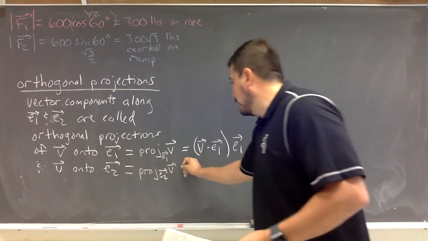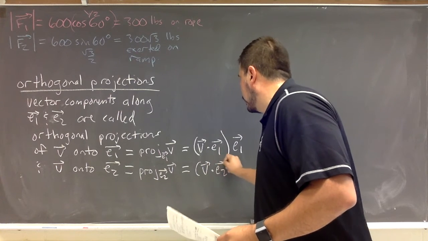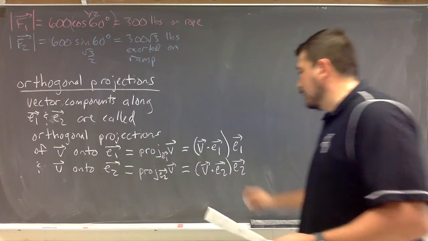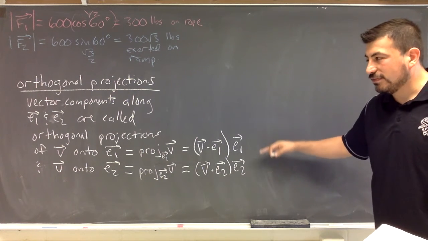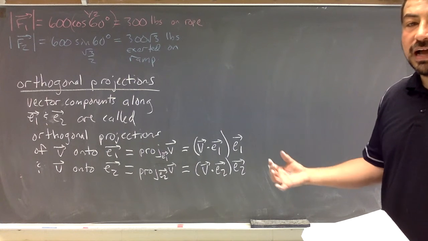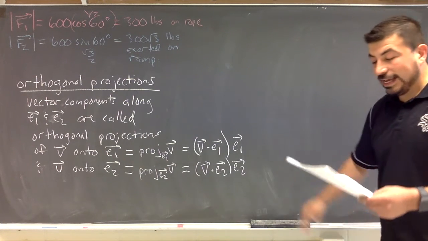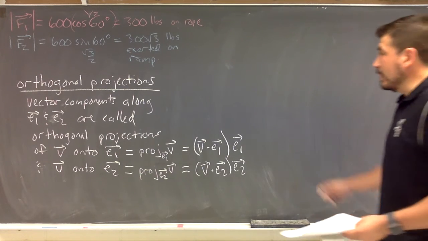And this is simply going to be V dotted with E2 onto E2. Okay? So it's going to be the same formulas that we talked about for getting those vector components from before. It just also happens to be the case that when we talk about orthogonal projections, that's really the same exact thing. Okay? So now, generally,